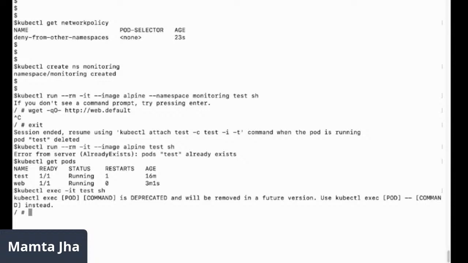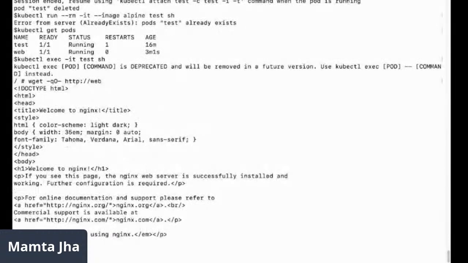Why create one when the resource is already existing? This is from the previous exercise that we created. That is the one. I can also say web. If I say web, that also would make sense. If I say web.default, that will also make sense, but the spelling of default has to be correct. I'm able to access the application.